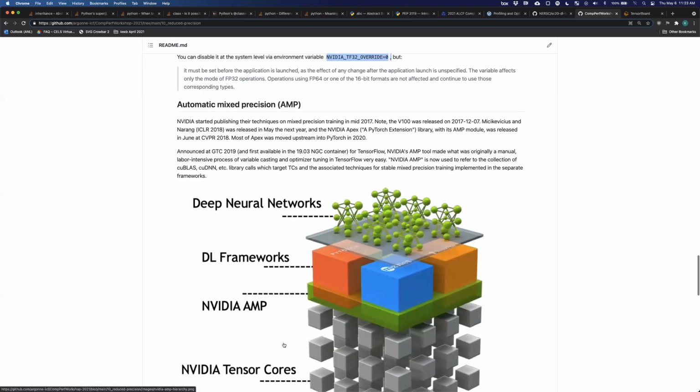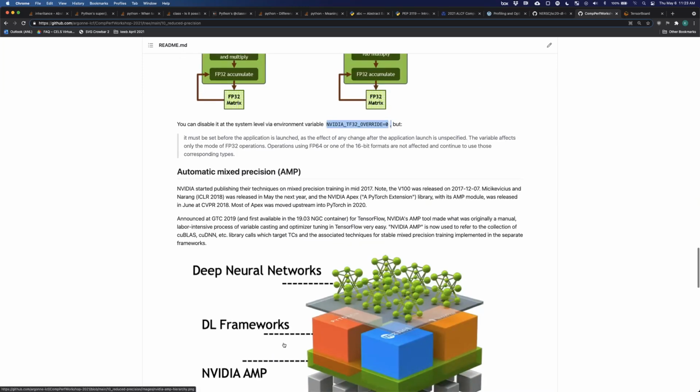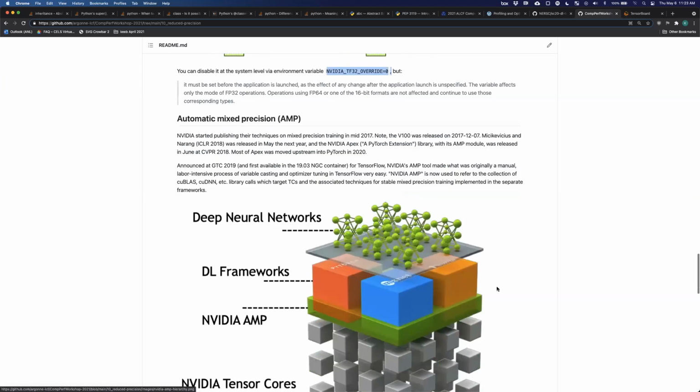So, automatic mixed precision. Theoretically you could use these tensor cores and hand code everything yourself in your deep learning model, and if you're writing it in low-level libraries as well, you could just directly use these tensor cores as they're exposed. But in order to make them actually useful to the average deep learning practitioner, researcher, engineer, NVIDIA started publishing techniques on mixed precision back in 2017, and started releasing software around then. Principally, I really recommend this paper if you're interested in the topic,